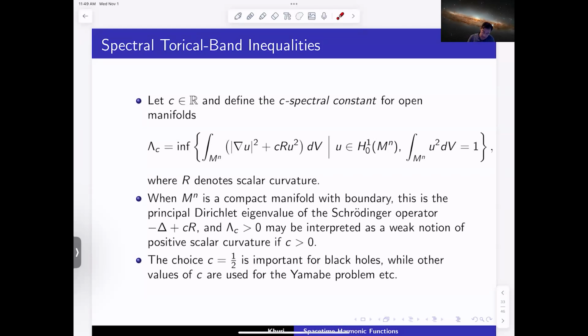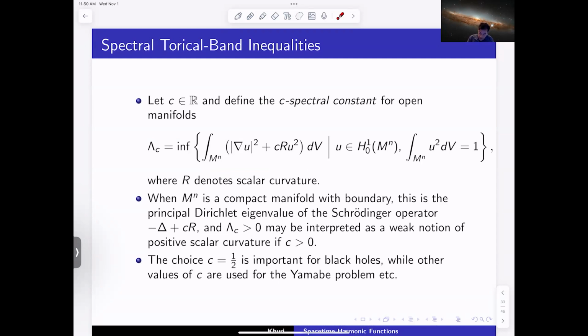So we defined a spectral constant, which you can think of as the first eigenvalue of the Schrodinger operator, where C is just a constant. It doesn't have to be, I mean, these can be open manifolds, incomplete manifolds. This definition still makes sense. But in the traditional setting where you have boundary, this would be the zero Dirichlet boundary condition first eigenvalue